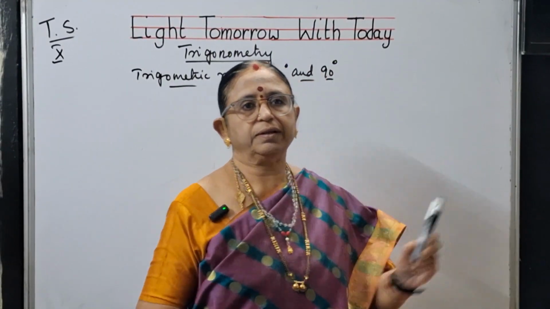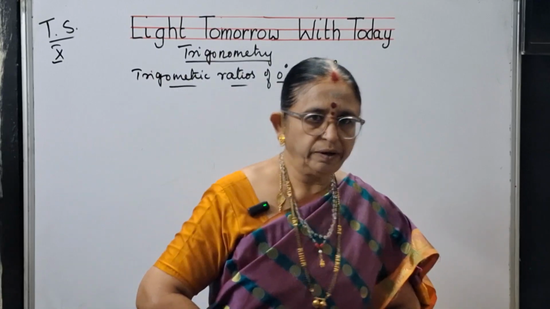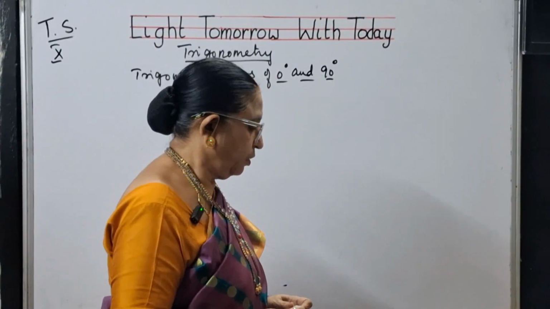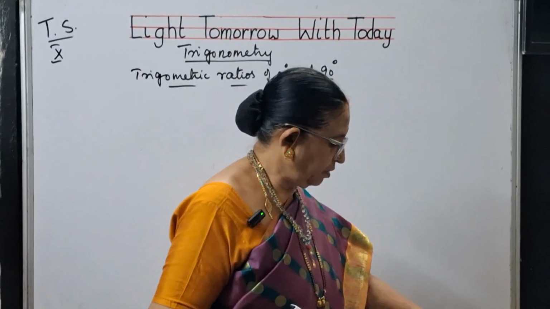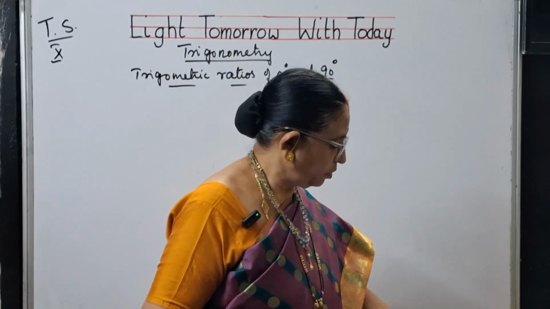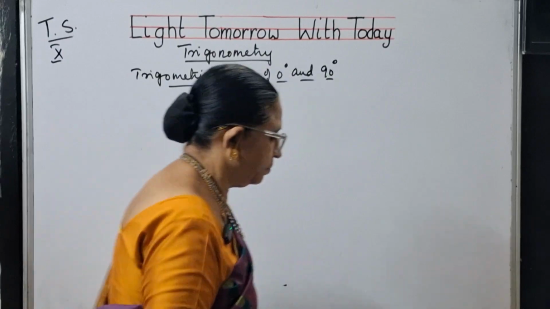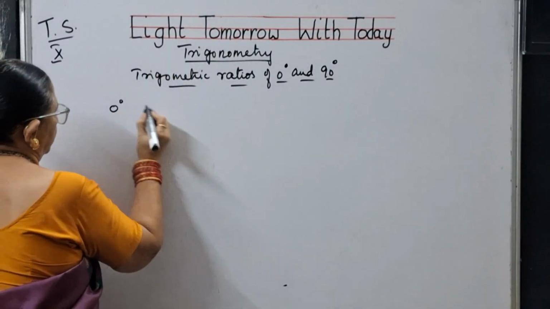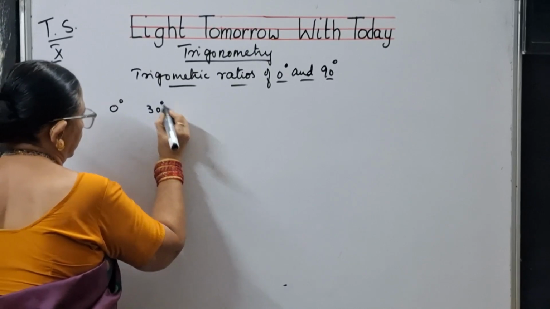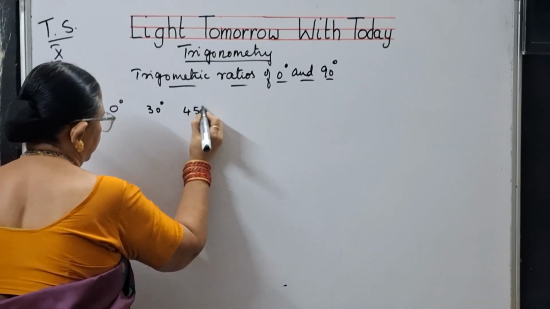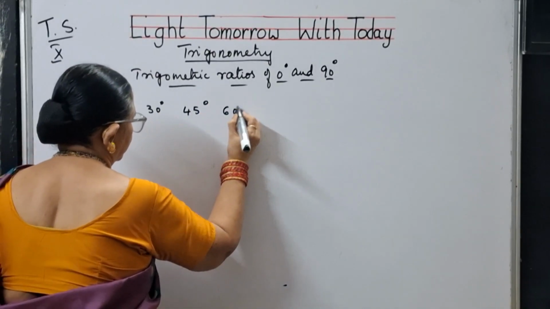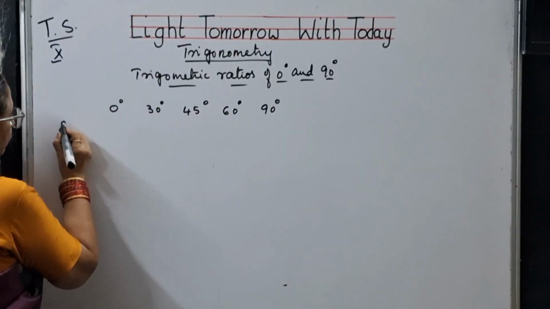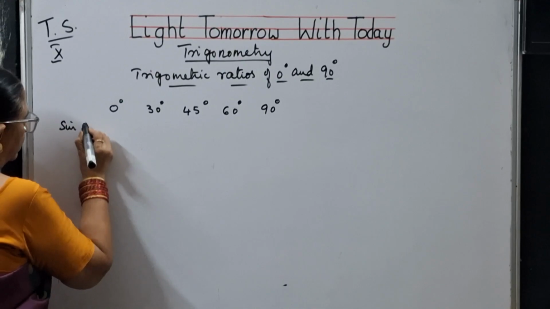Now I am doing 10th class maths, trigonometry, and this is about trigonometric ratios of 0 and 90. This is actually, we are going to do a table, children. This table is dealing with 0 degrees, 30 degrees, 45 degrees, 60 degrees, 90 degrees, and this for sine theta,